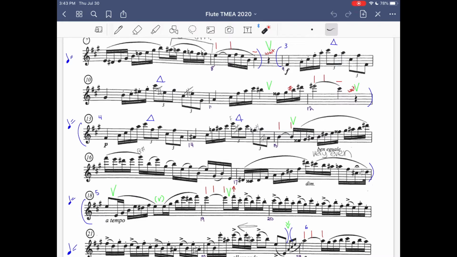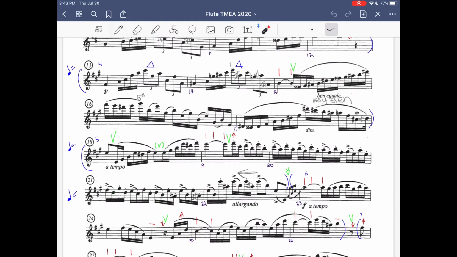So if you need to go back and practice anything, you can pause the video. But let's keep going on to measure 15. Let's say and finger the note names for measure 15. So we have B natural, quarter note tied to a 16th, and then we have F double sharp, which